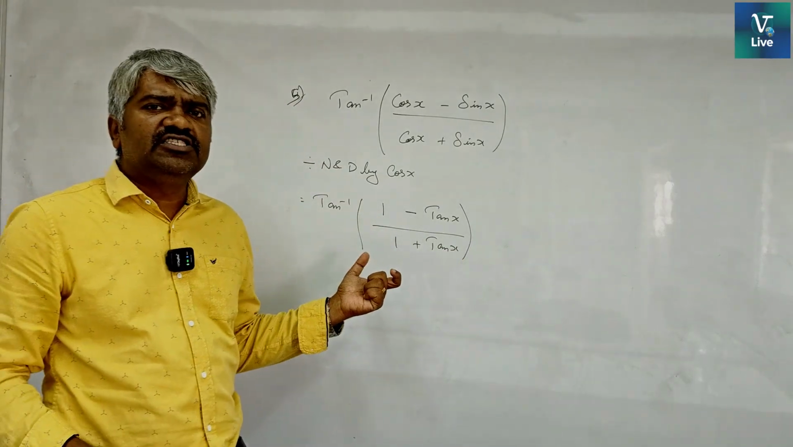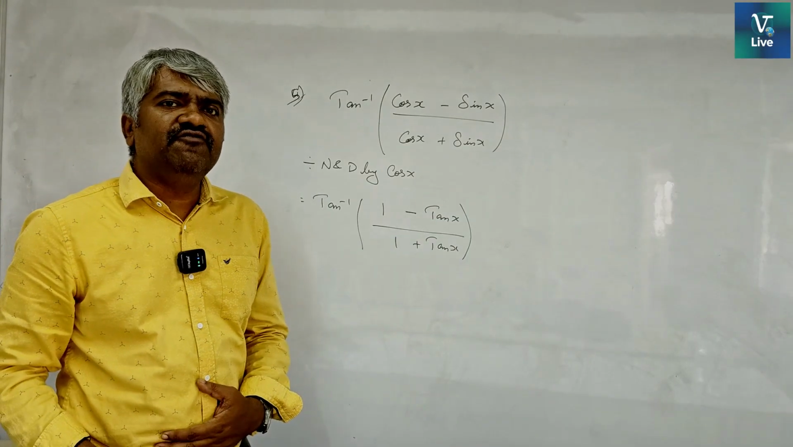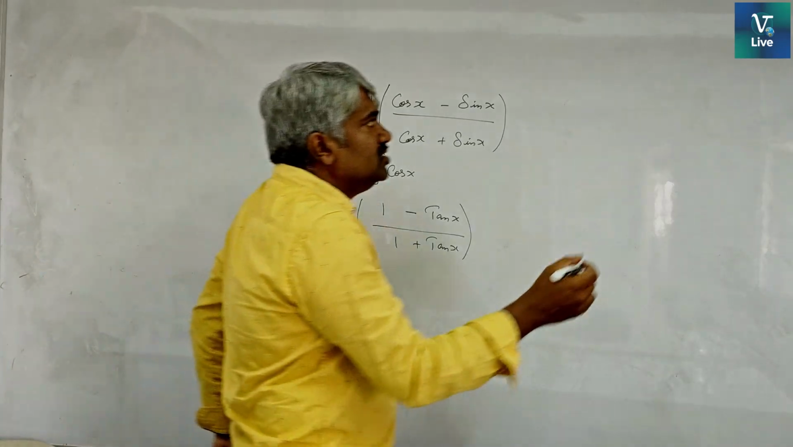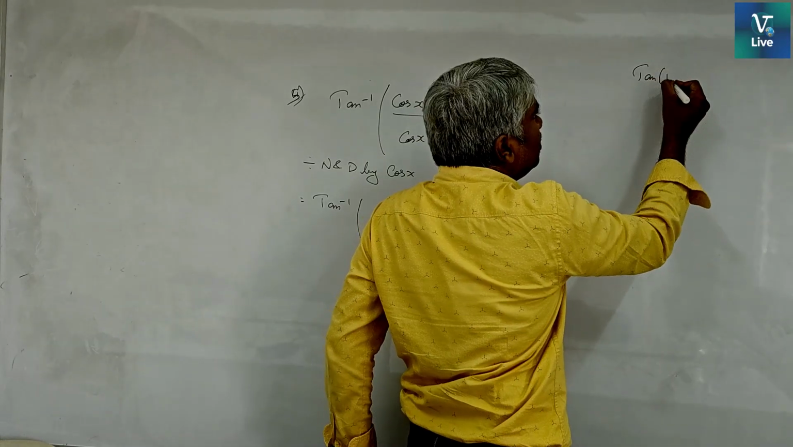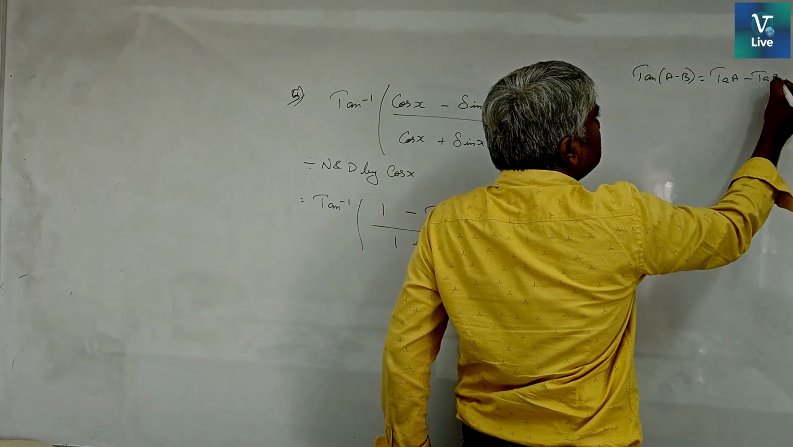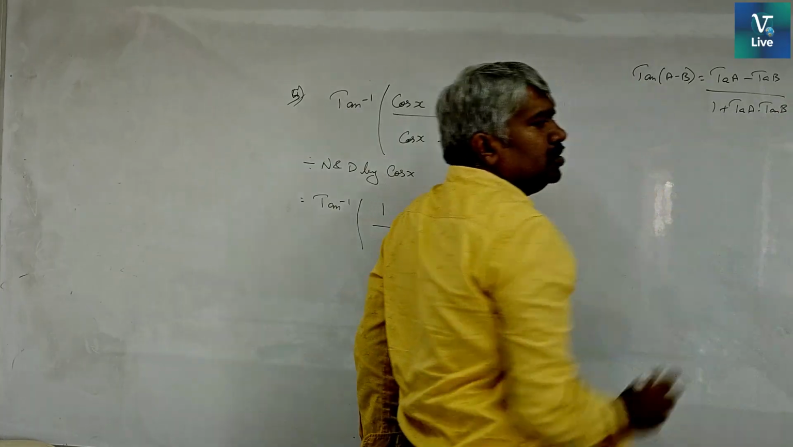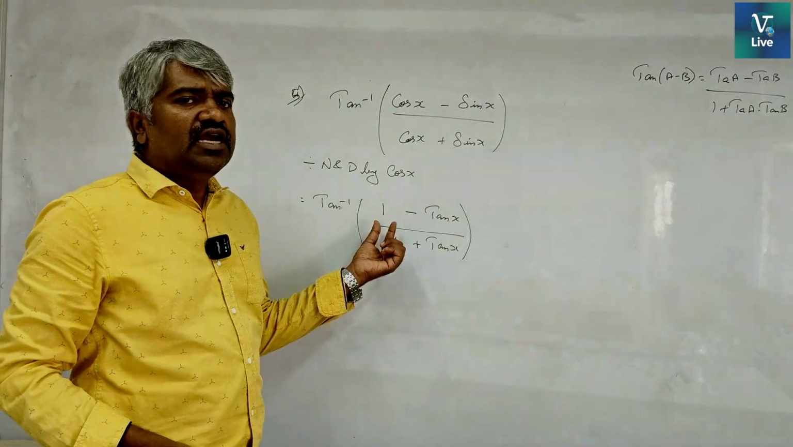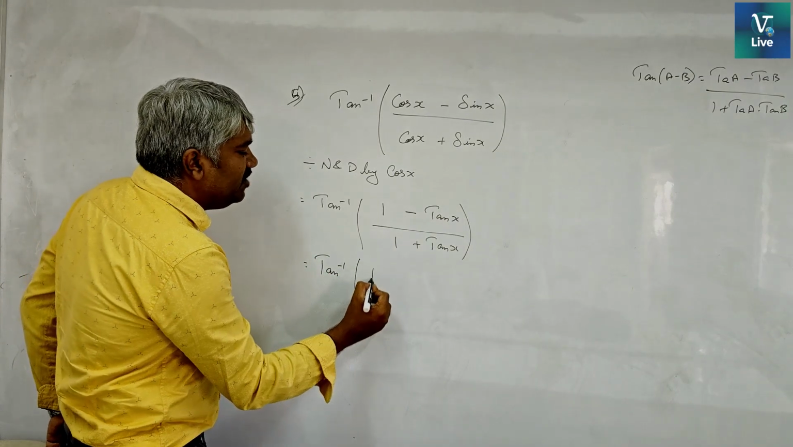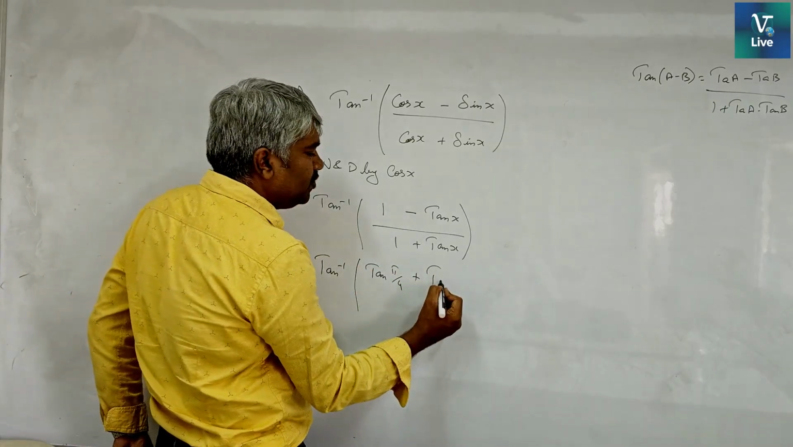Now I need to convert this into one of the formulas with the help of tan theta in it. So the tan a minus b formula is tan a minus tan b by 1 plus tan a tan b. So this first term has to be converted into tan. We know that tan 45 degrees, that is tan pi by 4, is 1. So I am converting this 1 into tan pi by 4